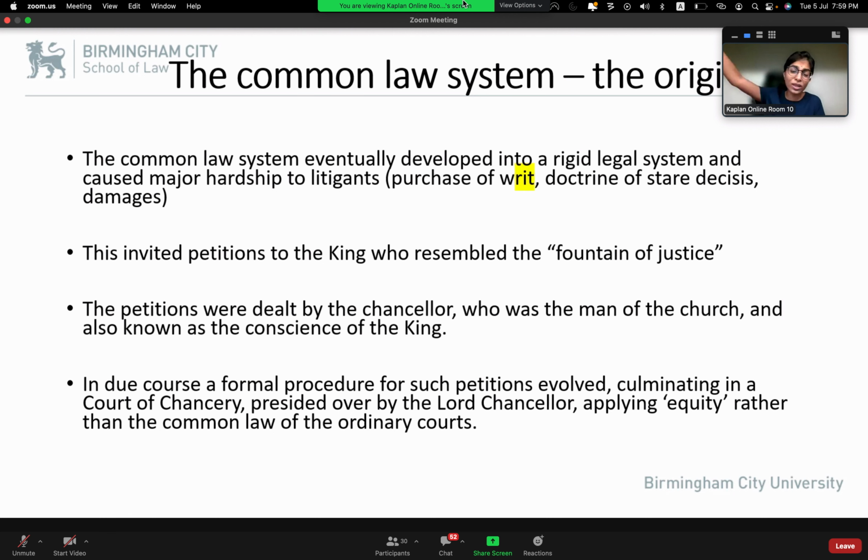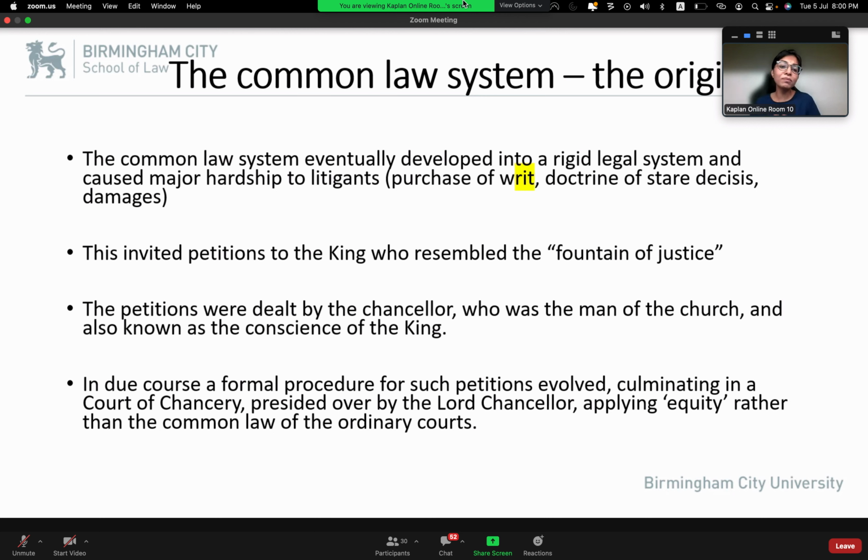So we are stuck with the old law. Because once the law has been developed, you have no choice but to comply with these laws. Do you see the problem that we have there? So stare decisis once again made the system so rigid, right? This is the start of all the problems.